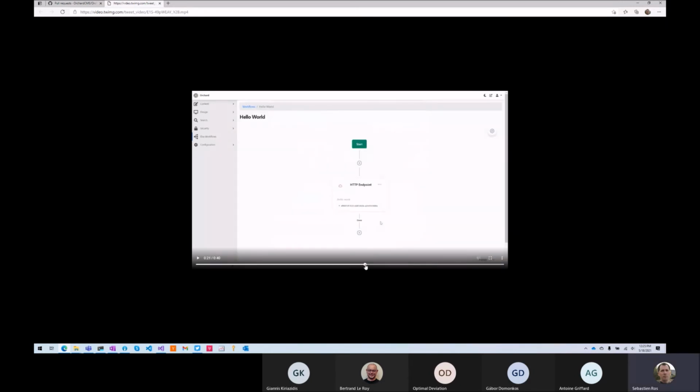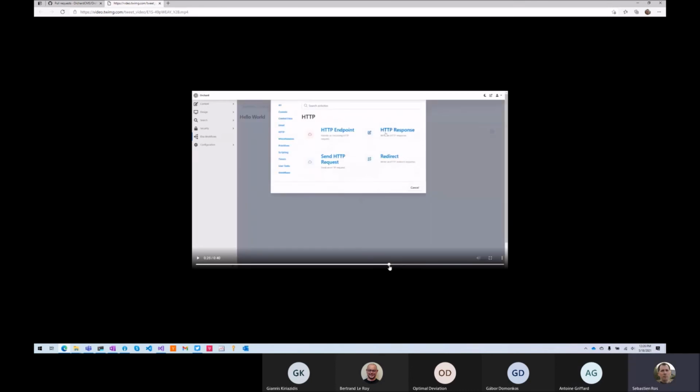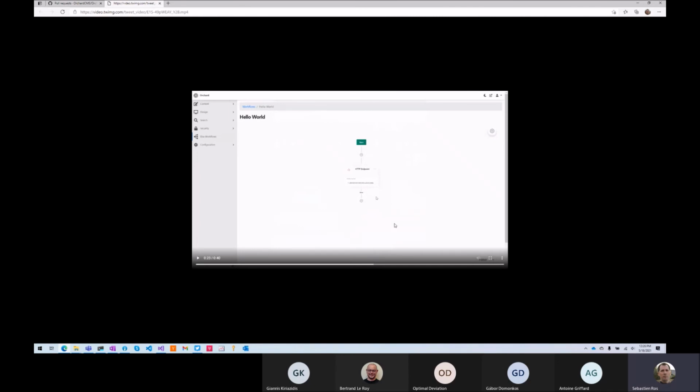So this is nice, and also this is. It was already resizable, I think. So plus what? Oh, the plus means insert an activity. That's interesting. That's a different paradigm, that you have a connection and you click plus where you can add things. Maybe it's just vertical. So it's vertical, but you see here you add an activity. You click on the plus here. So you add an activity to an existing connection, and it shows all the available activities. So that's interesting. It seems nice, actually. So you don't have another gesture to do to connect activities.